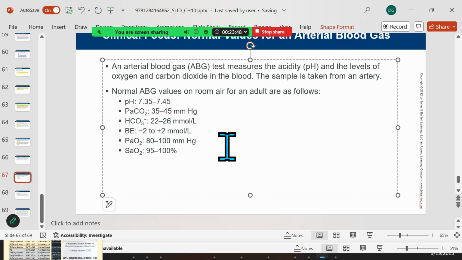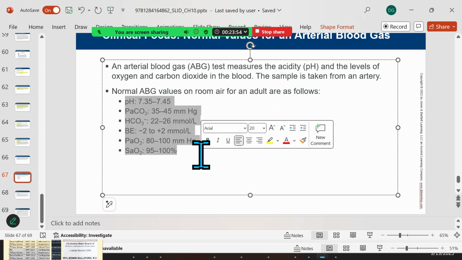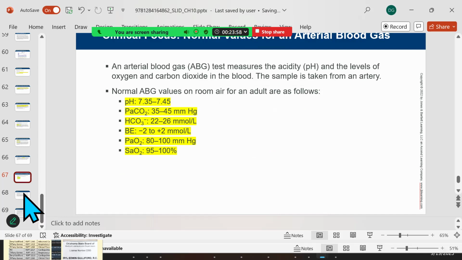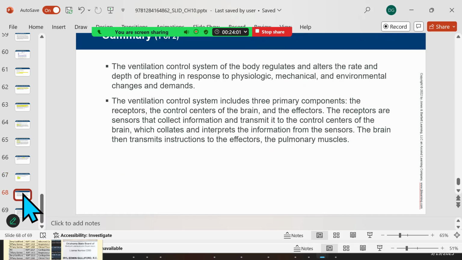Base excess, -2 to +2. Oxygen, 80 to 100. And saturation, 90 to 100. So those are numbers that you just need to know. You're going to be using them for the rest of your career, and you'll be interpreting a lot of blood